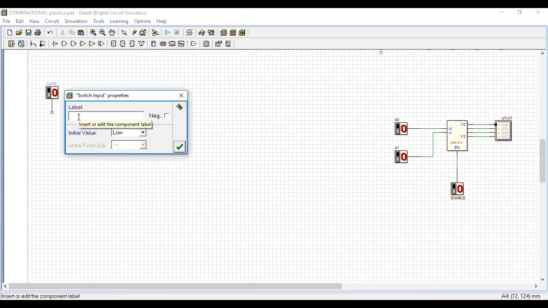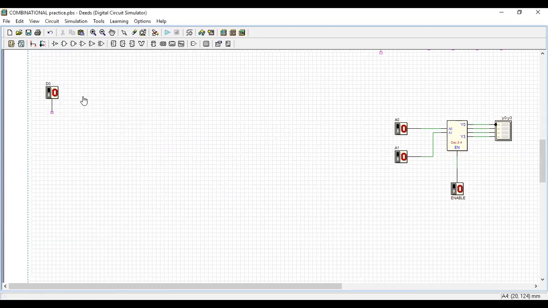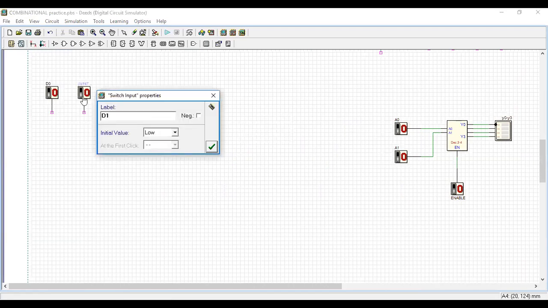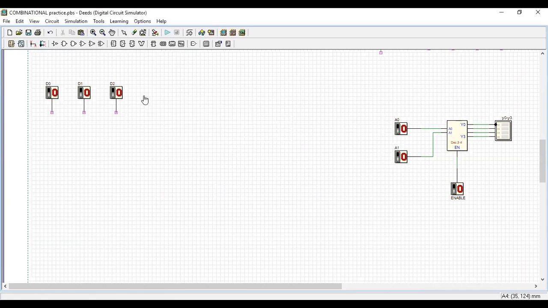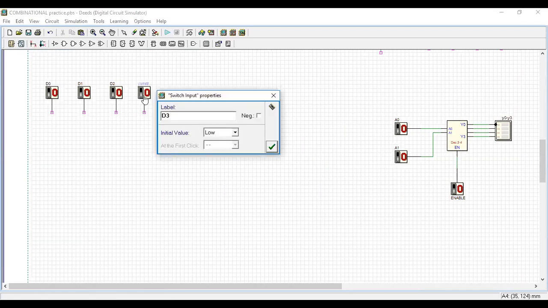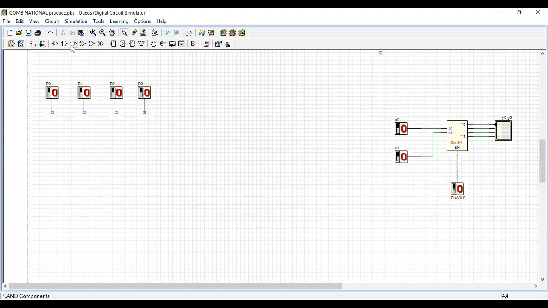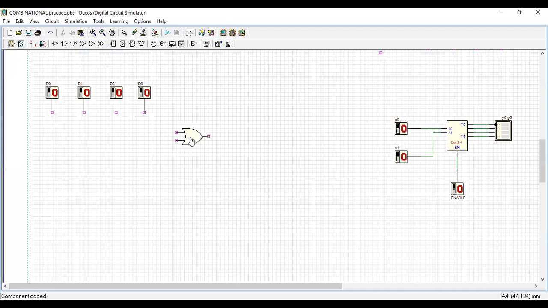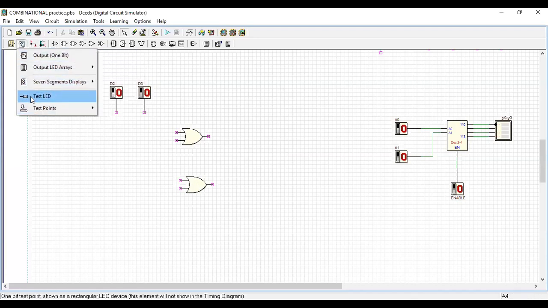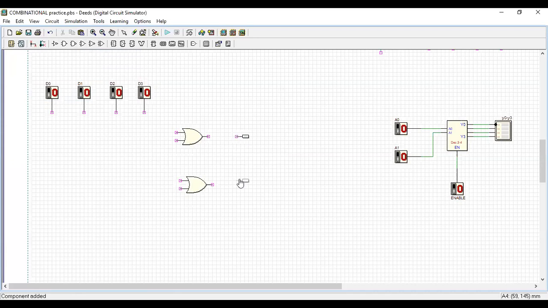So this is D0, then D1, then D2, then D3. And then I want OR gates. Only 2 OR gates were sufficient, since there are only 2 outputs. Then I'll take the LED outputs. So that's it. Now we will wire it.